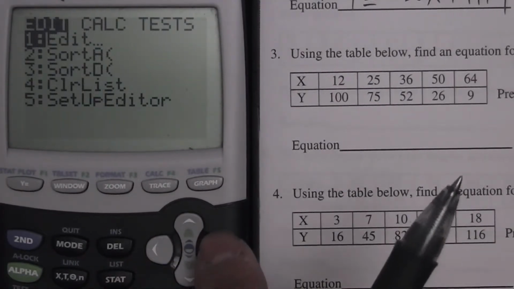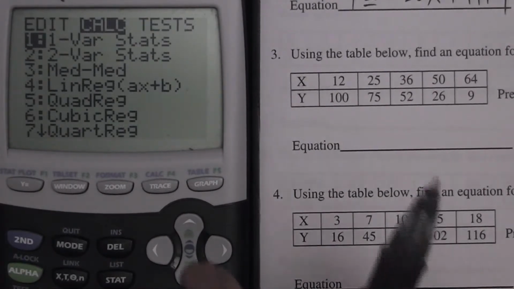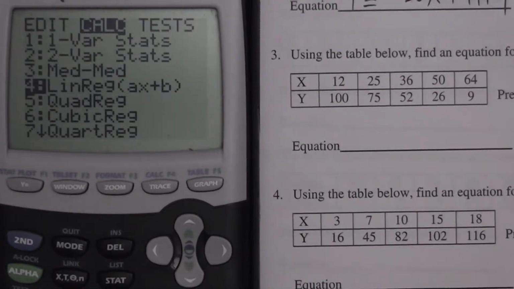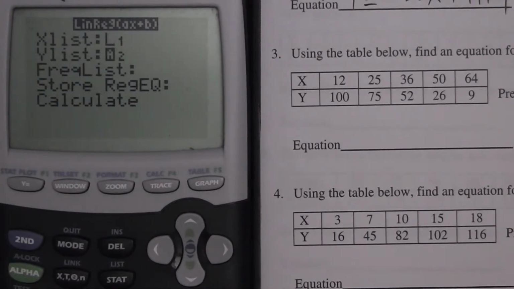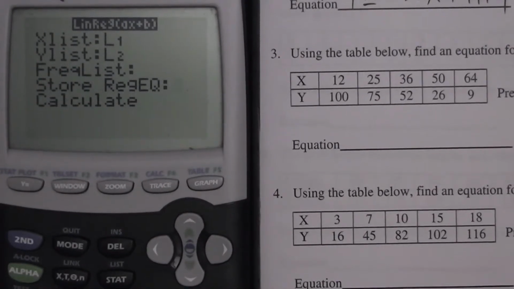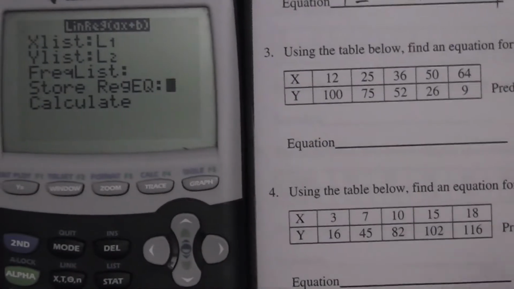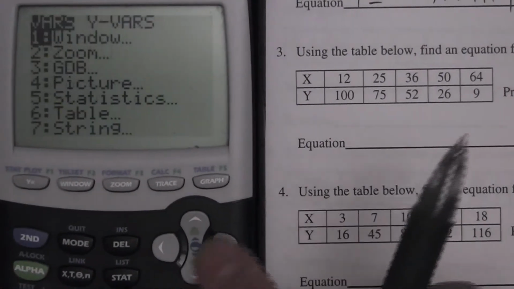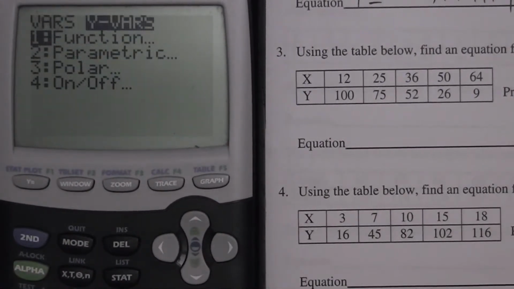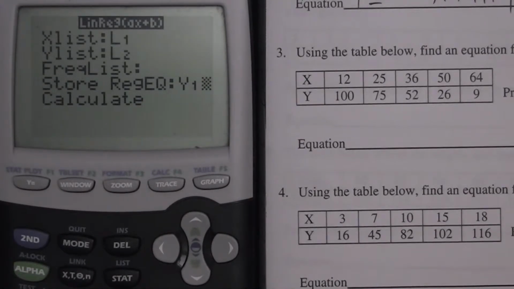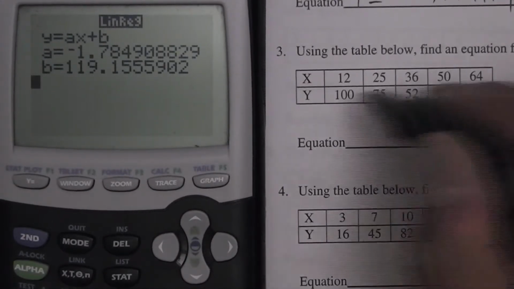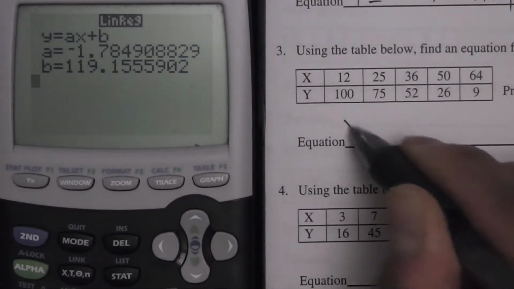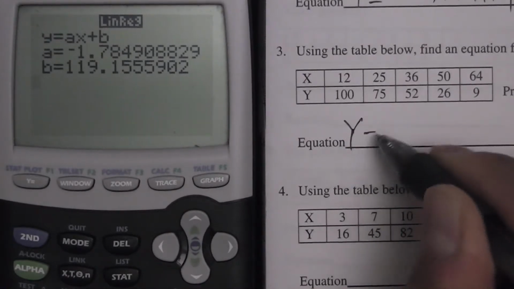I'm going to go to Calc. I'm going to scroll down to 4 for linear regression, AX plus B. L1, L2, frequency list. I'd like to store my regression equation into vars. Y-vars, 1, 1, enter, enter. And this tells me that y is equal to,